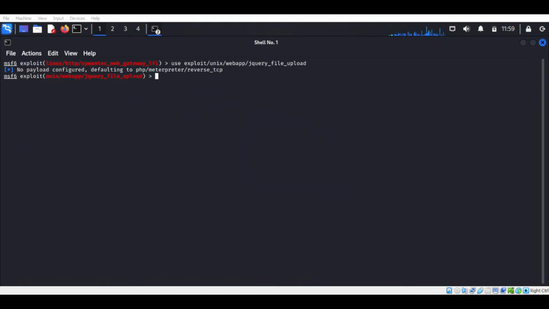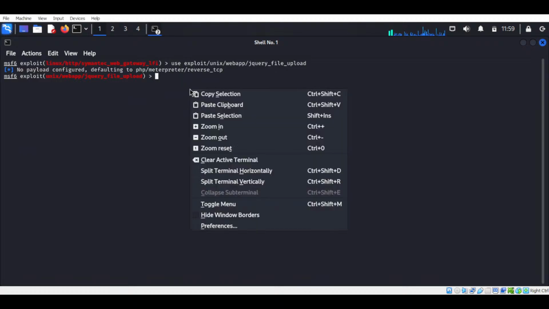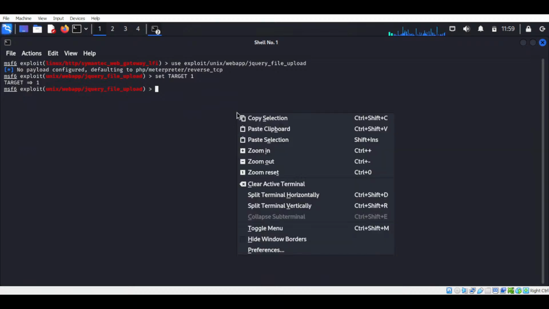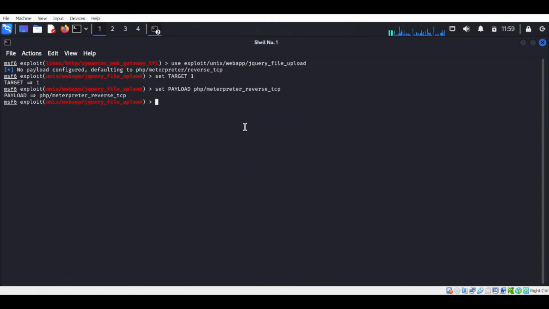Okay, for example, my target is 1. I type here 1, and then we need to set payload. I hope it's working and doesn't show any error. Let's see what happened. Okay, just simple, and then type here lport,